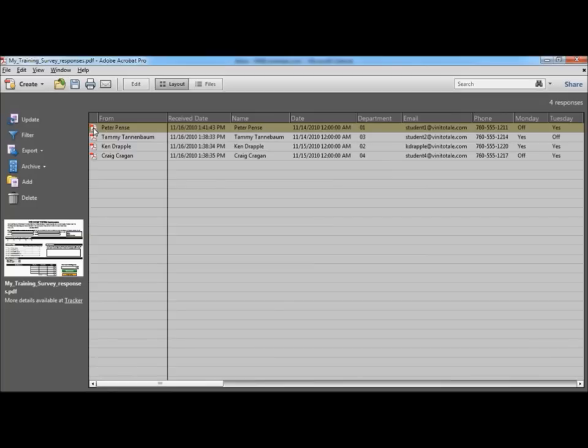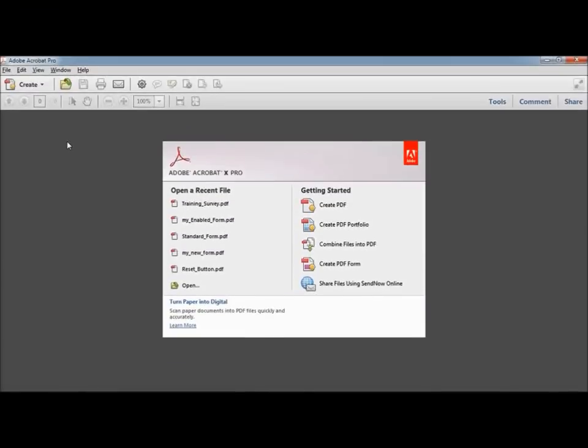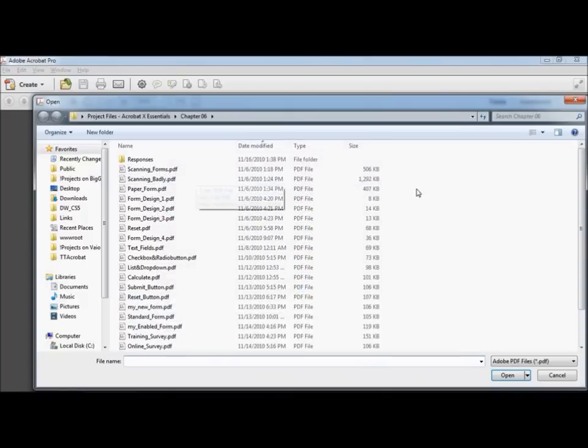When you're done downloading and importing the responses, you can view the answers in Acrobat, or you can export the data to other formats. In the next lesson, I'll show you how to export the compiled data to a CSV or XML file. Although Acrobat makes it easy to collect data using dynamic forms, the real power in the process is its capability for exporting the data to other formats, so that you can use it in your favorite database or spreadsheet. Open the file,